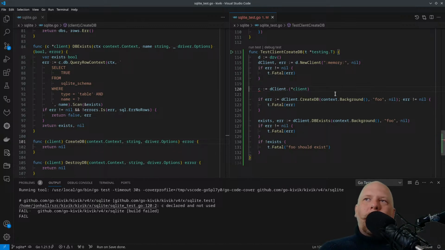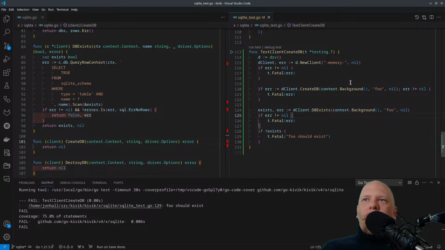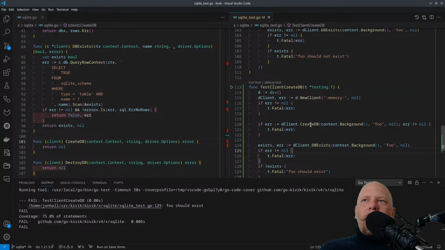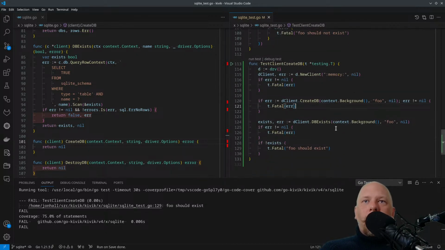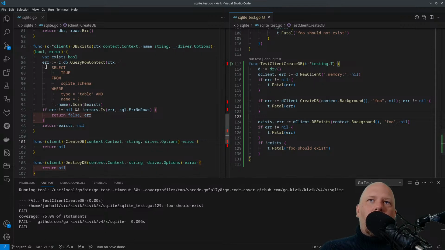It tries to do this type assertion that it doesn't need. I don't know why it does that, but I can delete that. So this test looks pretty reasonable. It uses createDB to create a database, and then it checks to see if it exists. We already know that DB exists works. So that seems reasonable. Like we could check directly with the database, but we would just be doing this. So it seems easier to do it like this, right? I have no problem with that. I think that's